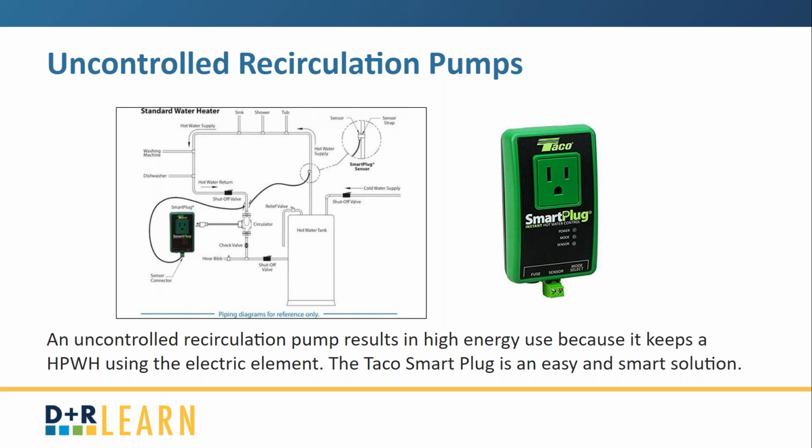So the solution to that is one of these smart plugs. The plug requires no plumbing or electrical work, and to install it, you just unplug the recirculation pump, plug the smart plug into the wall, plug the pump into the smart plug, attach a thermistor to the hot water line, and the smart plug learns the water draw patterns of the household. What it'll ultimately do over time is turn the circulating pump on 15 minutes before the hot water is needed, and then shut it off at the end of that peak hour period,